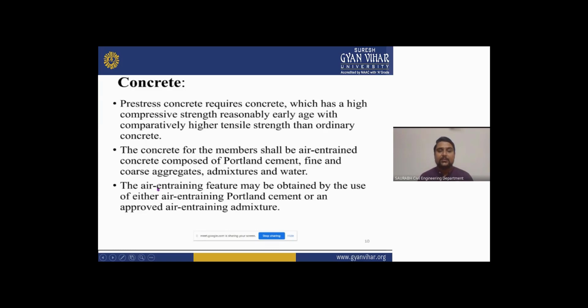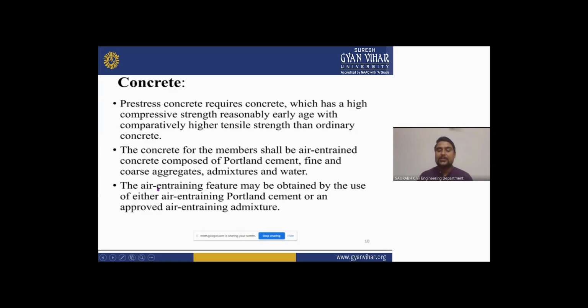Now we will see the pre-stressed concrete. Pre-stressed concrete requires concrete of high compressive strength, reasonably early age, with comparatively higher tensile strength than ordinary concrete. The concrete for the member shall be air entrained concrete composed of Portland cement, fine and coarse aggregate, admixture and water. The air entraining feature may be obtained by the use of air entraining Portland cement or an approved